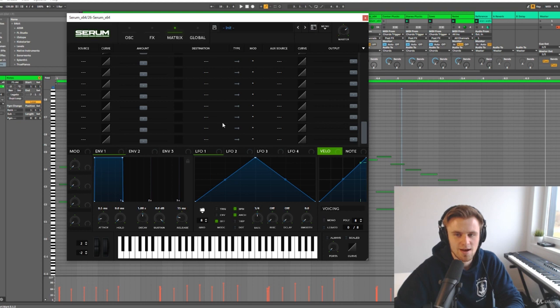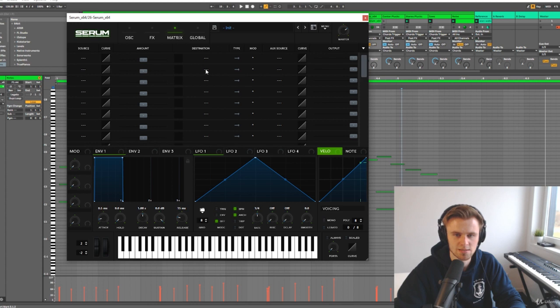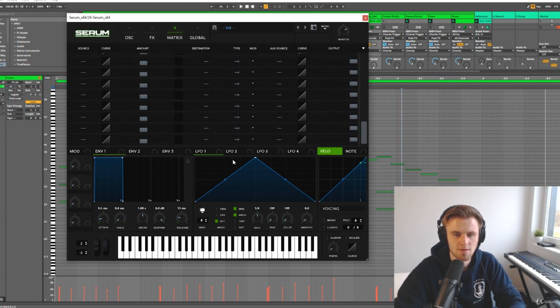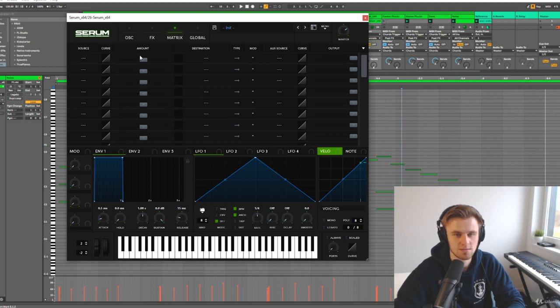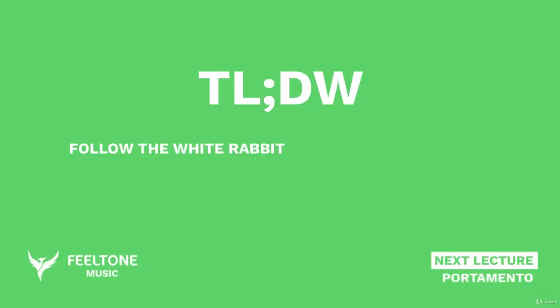I don't think that you will ever need this many modulations for a serious patch, but technically you are limited to, I don't know even how many slots those are. I think a couple of them, but they are far enough to create some nicely modulated sounds. Okay, so now we covered everything regarding the matrix. Next step, we will take a quick look at automatic and voice